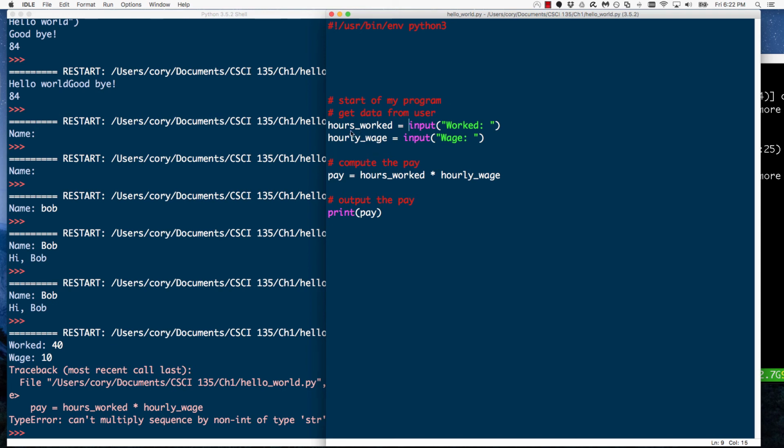Now, picking a data type is really up to the meaning of the program. So let's say hours worked. What data type should that be? Well, in the real world, it should probably be a floating point data type because you can work a third of an hour and you can work a half of an hour and you still want to get paid for that. For this example though, I'm going to use a whole number. Let's say that hours worked can only be whole numbers 1, 2, 3, up to 40, 50, 60 hours a week. So if we want this to be an integer, then we need to wrap this input in an